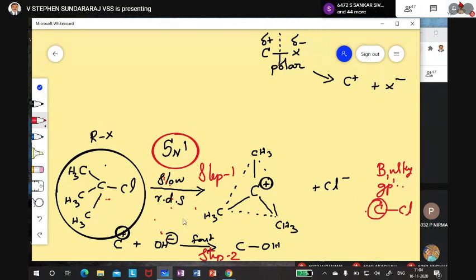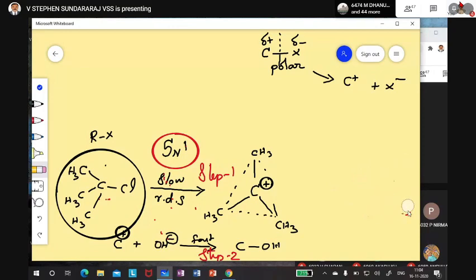Now, the second step we understand here itself. I remove some portions in the same diagram. I remove this side. Okay. And now you tell me, when OH minus is attacking, which side will attack? Okay. Now see that this is your plane. Now I am turning the plane. See, this is the plane. Now this is the plane. See, this is the plane.